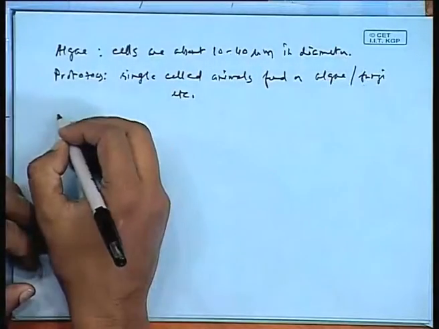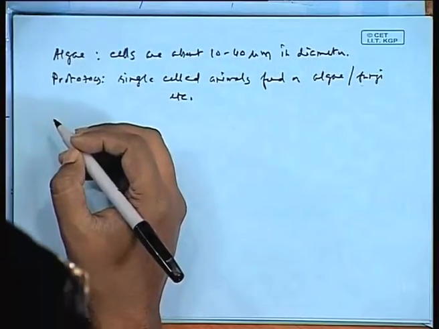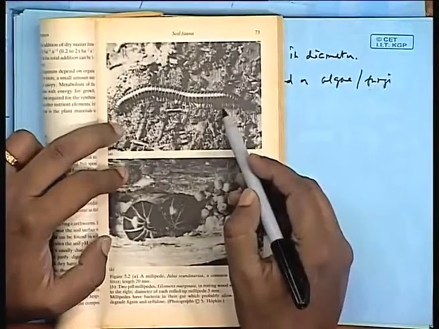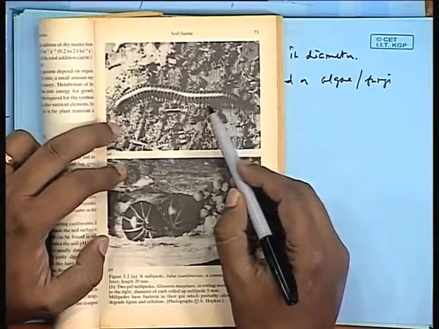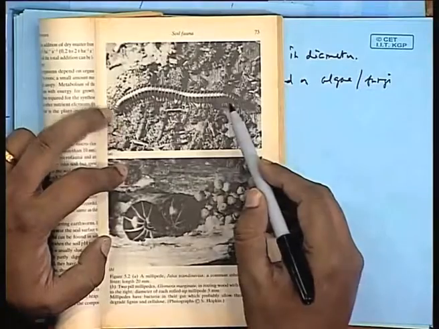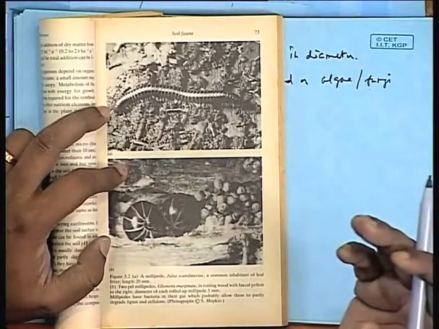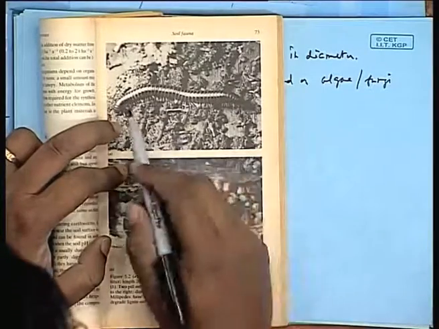Apart from that, there is some soil fauna that we generally discuss. I'll not go into that. Let me explain some of these things here. As you can observe here, this soil fauna is a millipede that you can see in the soil, mostly very well visible. If you just take off any soil, you can find these millipedes.